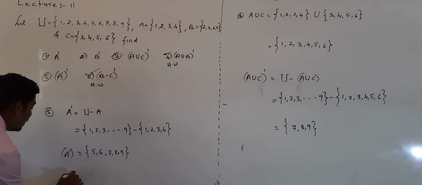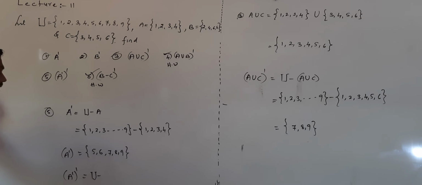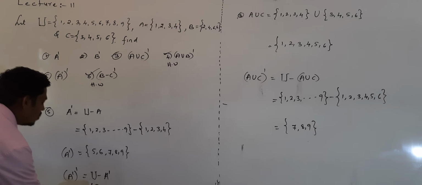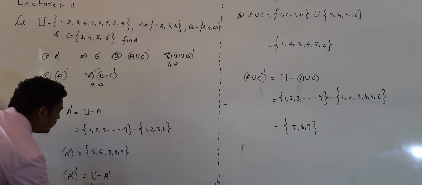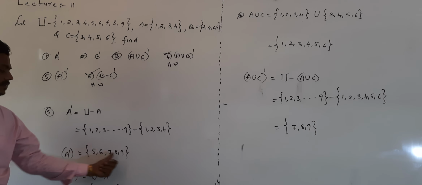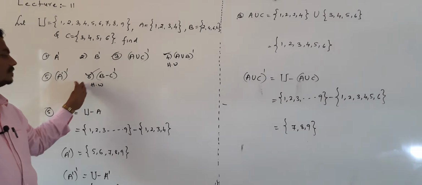We need to take A complement of complement, that's equal to U minus A complement. Treat this as B. A complement of complement equals U minus A complement. That's equal to 1, 2, 3, 4. This is A complement of complement. Take the difference of U and A complement. These terms cancel, and what remains is on this side. And do these two as homework. Thank you.